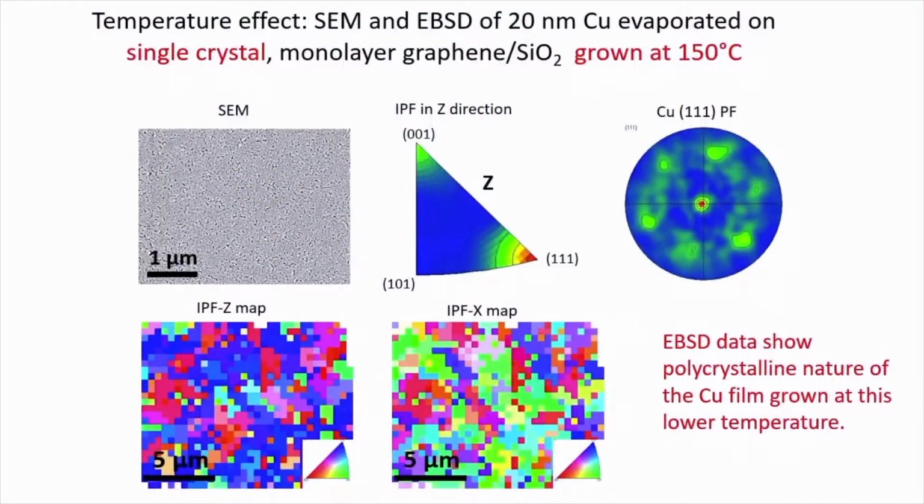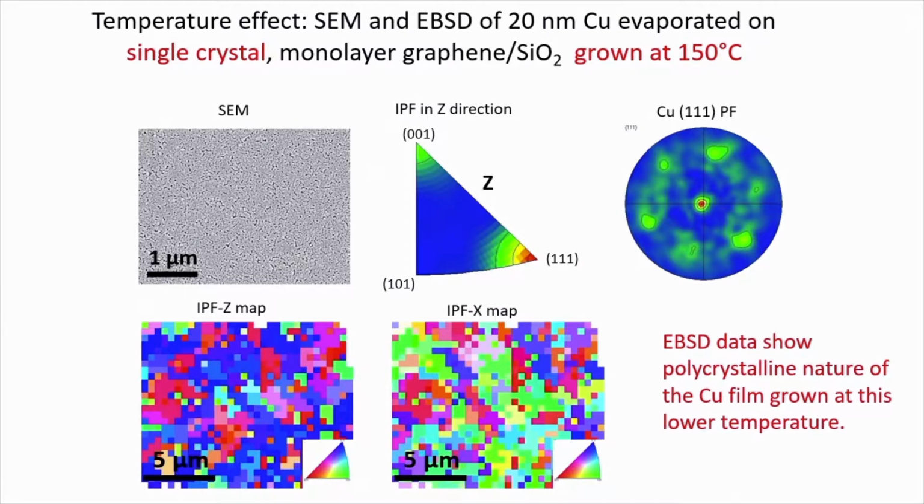This data is, first, the SEM image of the 20 nanometer copper films, and the following is the electron backscattering result. From the inverse pole figure, we can see in the Z direction that the out-of-plane orientation for this copper film is mainly 111, but there are some areas that also have the 001 orientation of the plane. And the copper 111 pole figure shows that